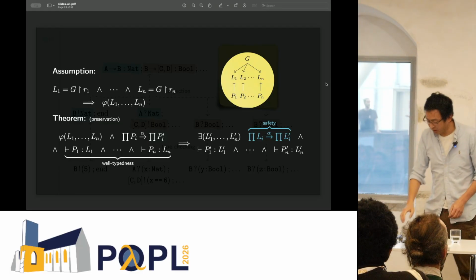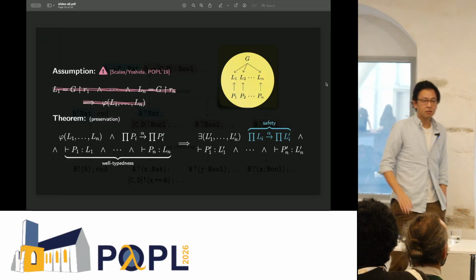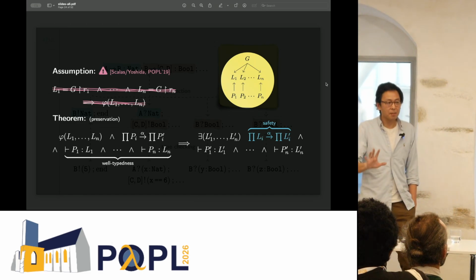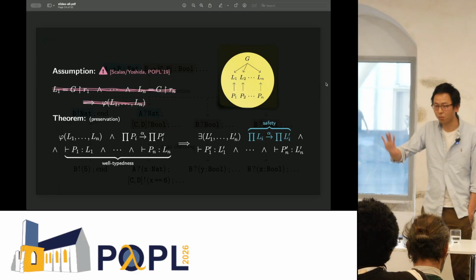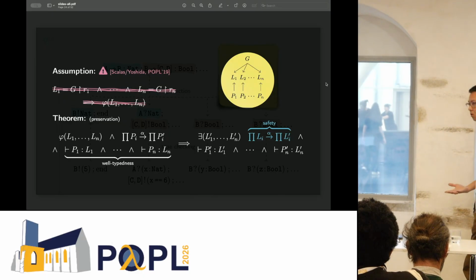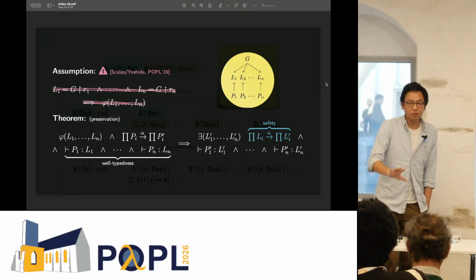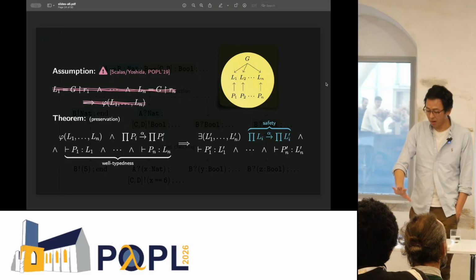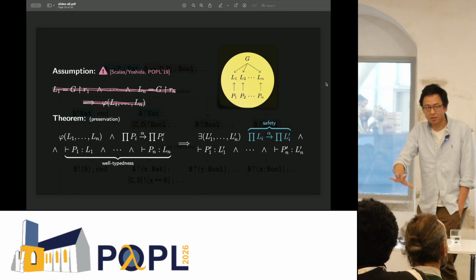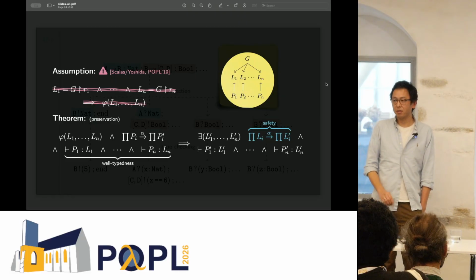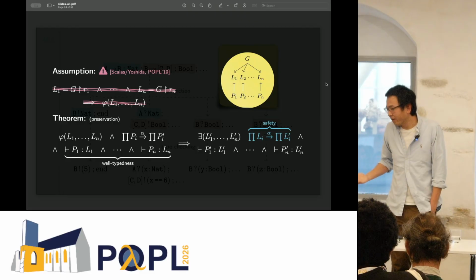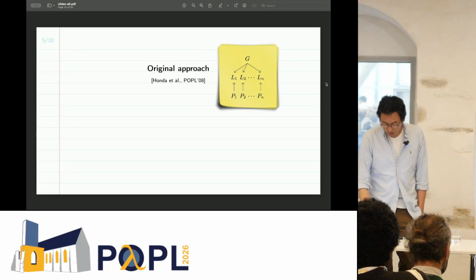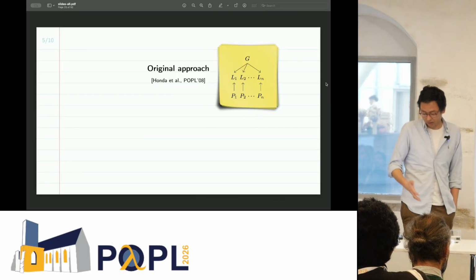Now, unfortunately, a few years ago, in POPL 2019, Scalas and Yoshida showed this is, in general, not really the case. Right? So for the simplest of multi-party session type systems, yes, we have it, but if you make it a little bit more complicated, a little bit more expressive, then you lose the satisfaction of this assumption. And so I'd like to emphasize that the theorems are still true, but they're applicable just far less often than we originally intended them to be, so to speak. And so this is the current state that we are in.